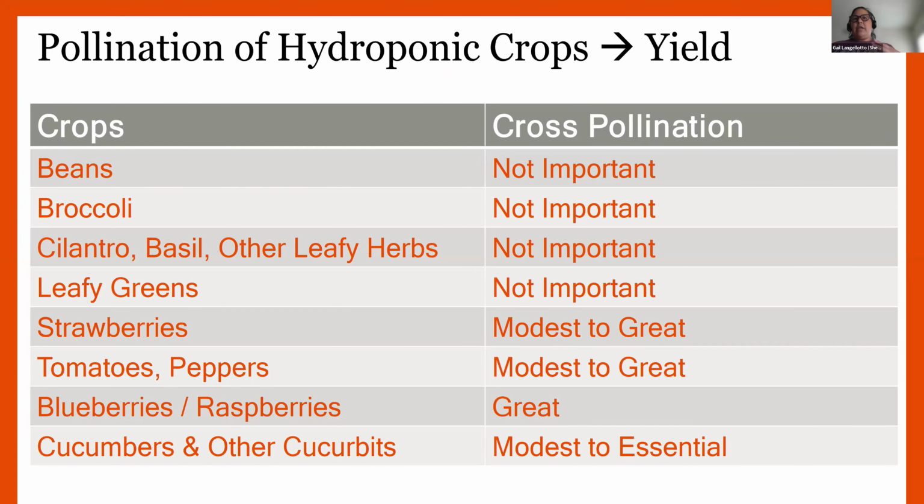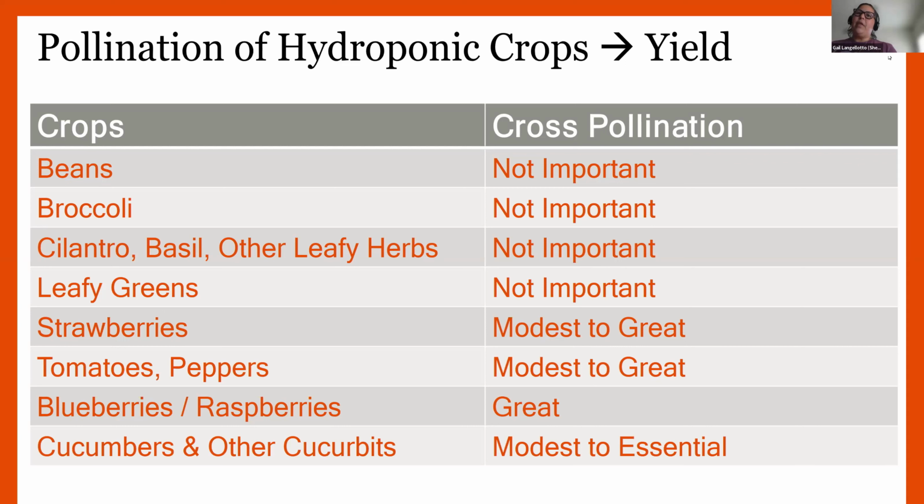Now, if we zoom in and we start looking at those crops which are more popular in hydroponic production systems, we can see that there are several where cross-pollination and needing to figure out methods of vectored pollen movement is not as important. These include things like beans, which are able to set pods and beans via selfing alone. Things like broccoli, leafy herbs, and leafy greens, which are harvested before the plant matures to the fruiting and the